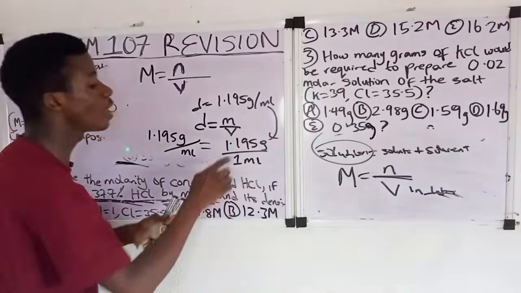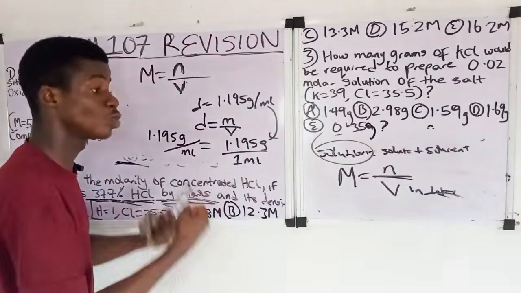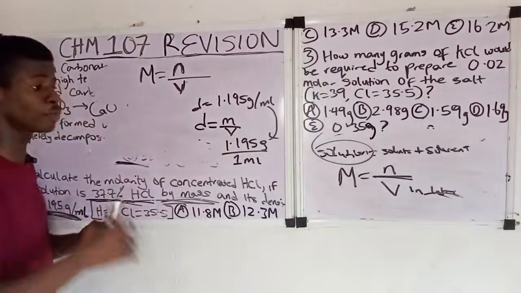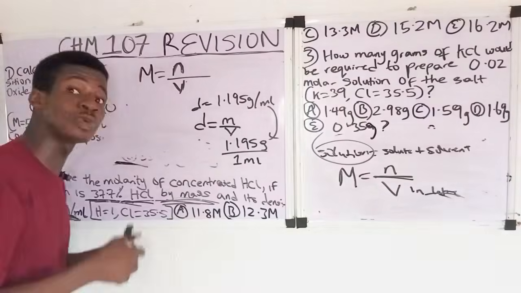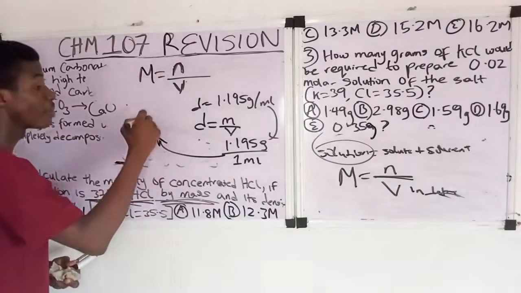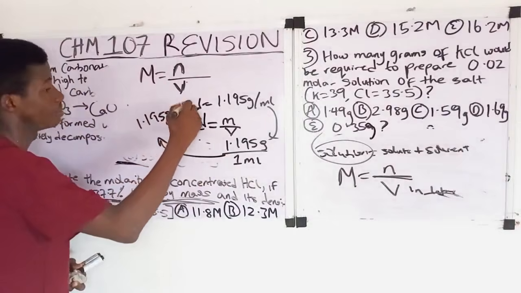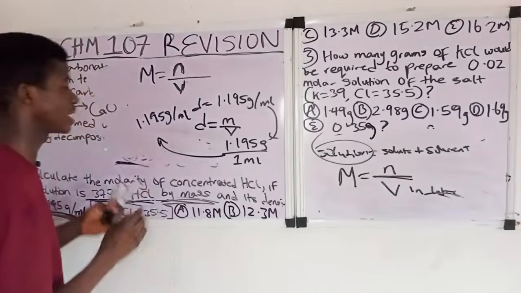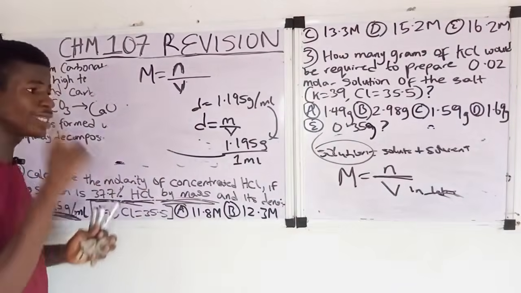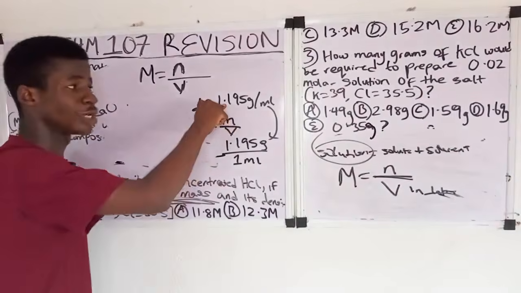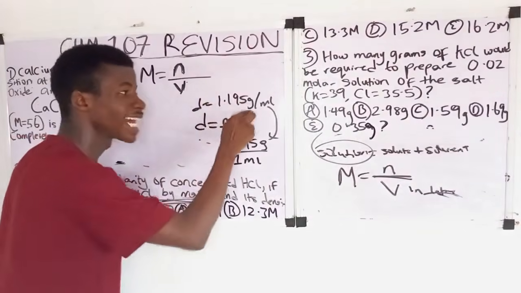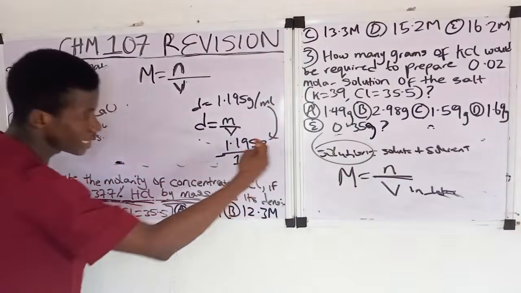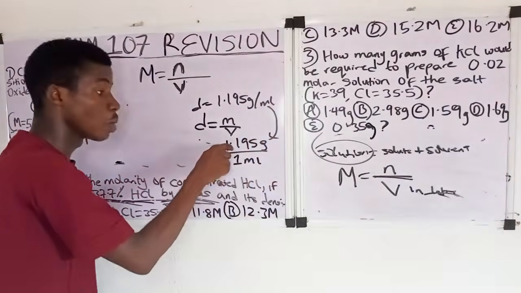If 1.195 gram is divided by 1 mil, you will still get 1.195 gram per mil back. It's just the same thing. Anything divided by 1 gives you that same thing. So from the question, the density of hydrochloric acid is 1.195 gram per mil, which is the same thing as